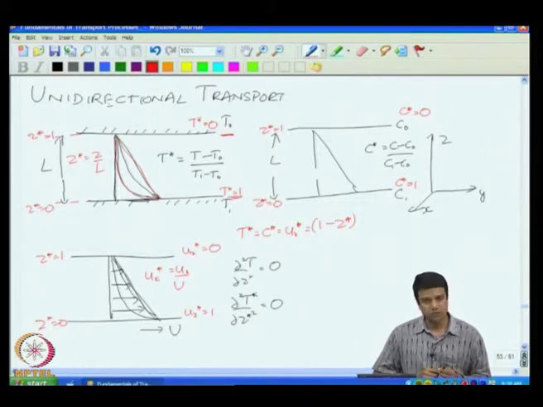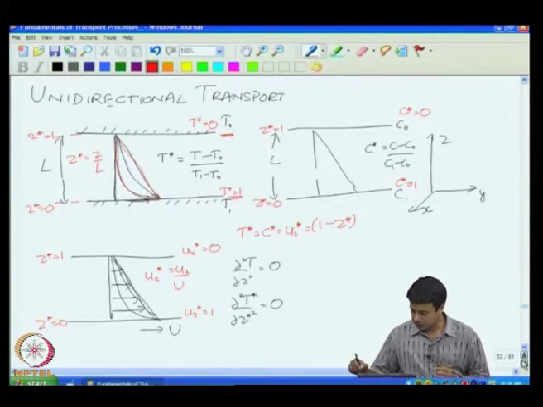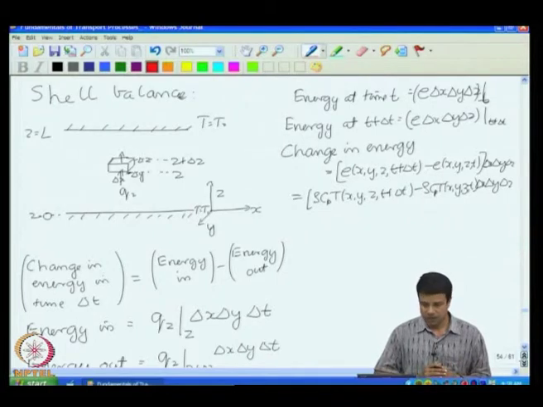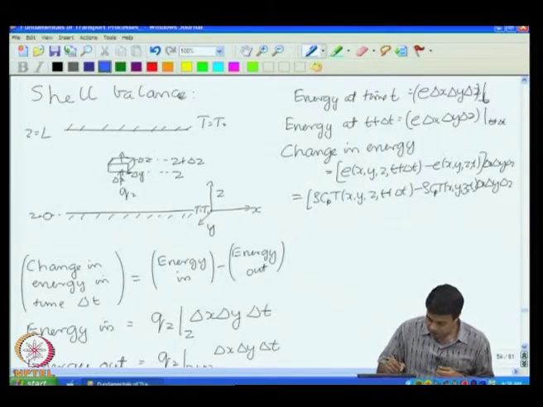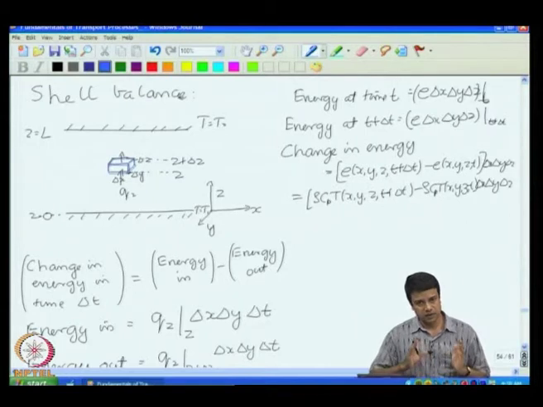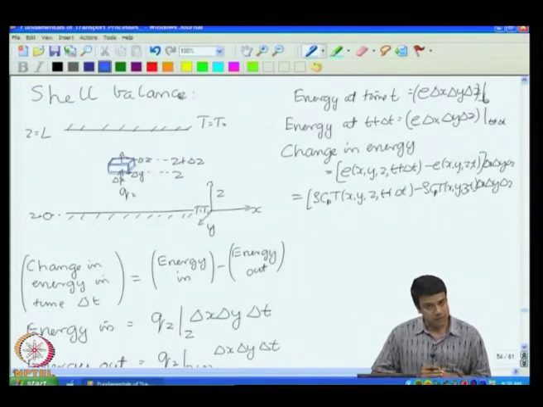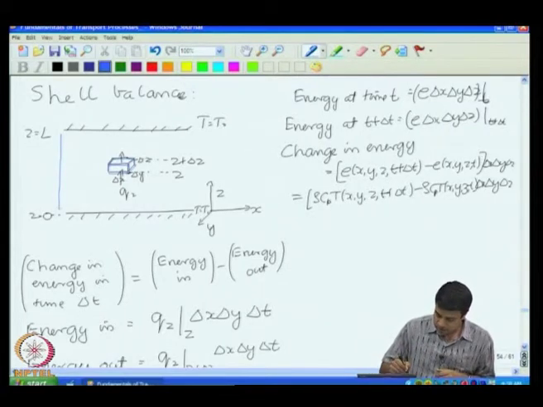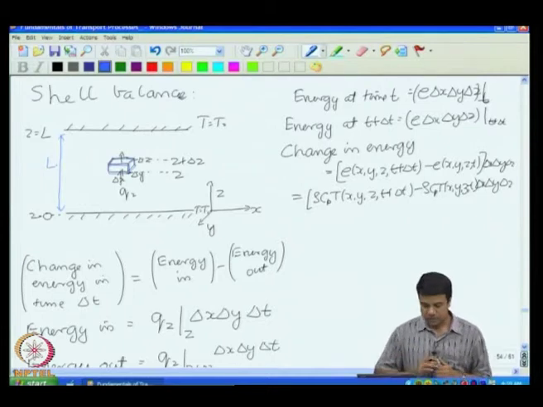But we also want to look at what happens when there is a variation in time. And that was the purpose why we started looking at what are called shell balances. The idea is as follows. We write a balance equation for a small differential volume within the fluid. We assume that the length, the thickness of this volume as well as the area of this volume is small compared to the macroscopic scale, which in this case is the total length L. It has to be small compared to L,